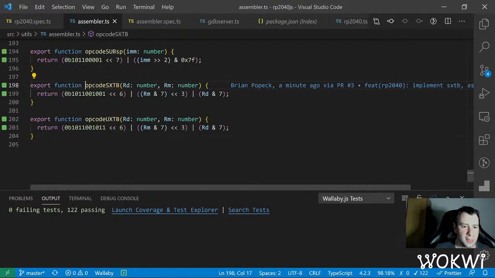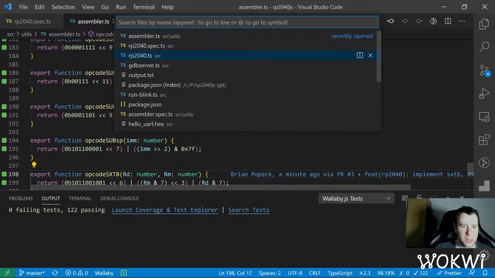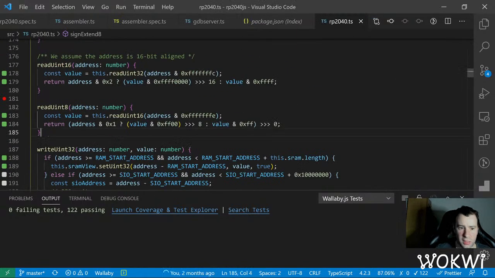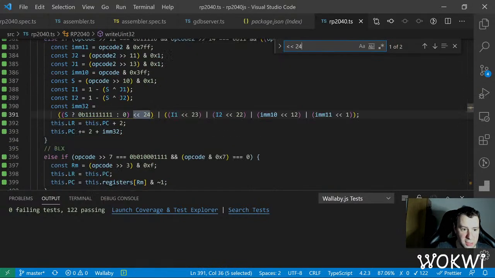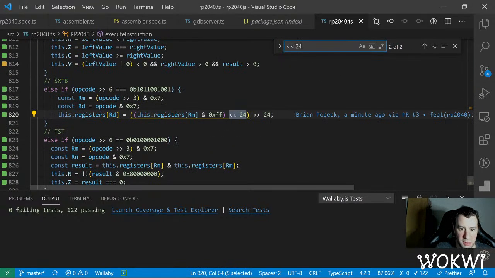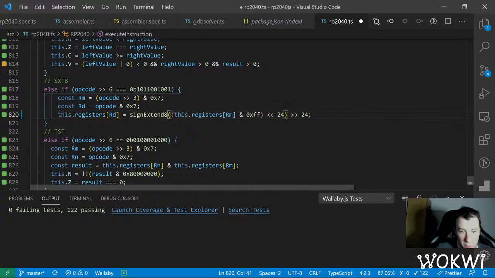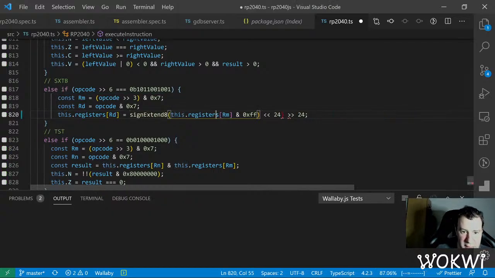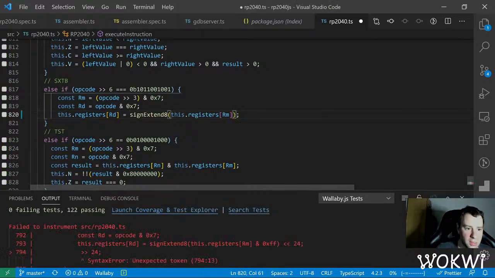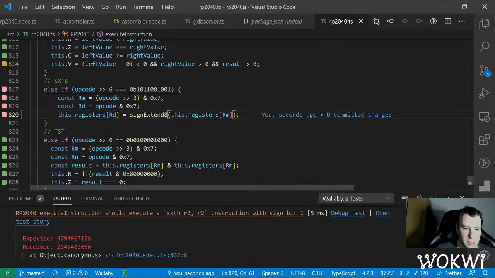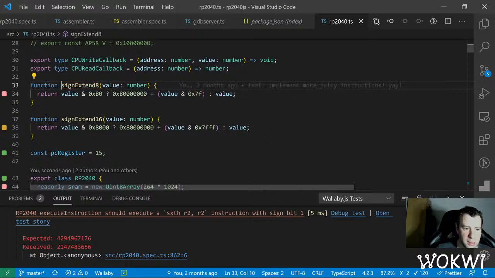And finally, yeah, I could use the sign extend 8. Yeah, let's do this instead. That trick is clever, but I mean, we can probably adopt it for the sign extend 8, but we already have a method that does that, so we don't need to reinvent the wheel. Interesting, but